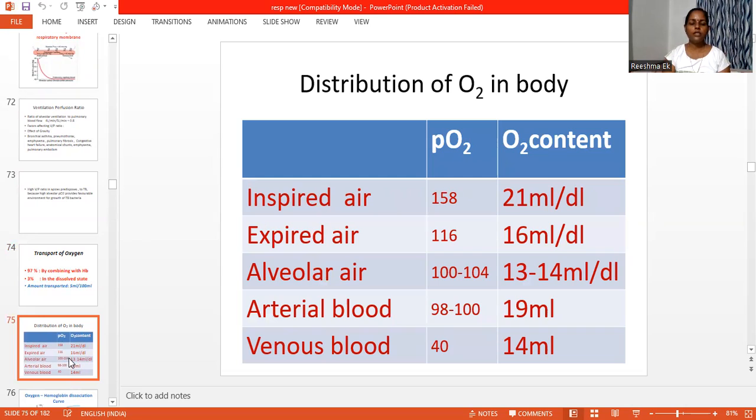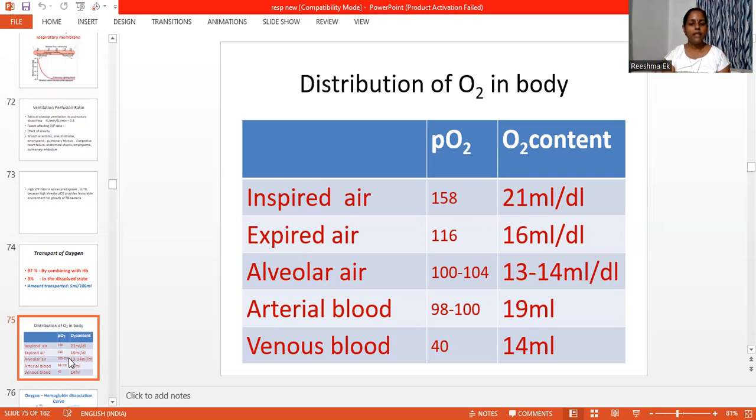Next is about the distribution of oxygen in the body. So PO2 is the partial pressure of oxygen, and oxygen content. PO2, partial pressure of oxygen in the inspired air, is 158 mmHg, and the oxygen content is about 21 ml per deciliter. In the expired air, the partial pressure of oxygen is 116 and the oxygen content is about 16 ml per